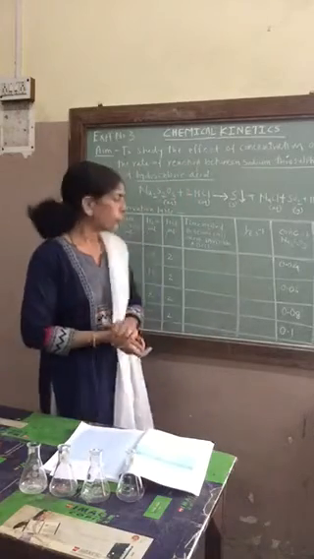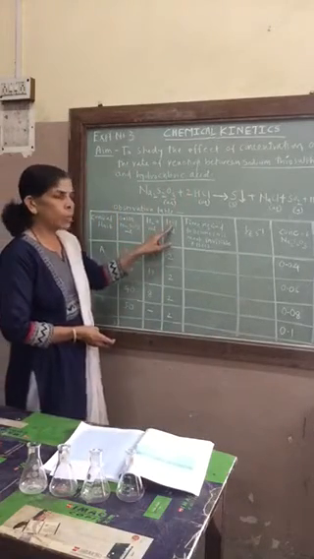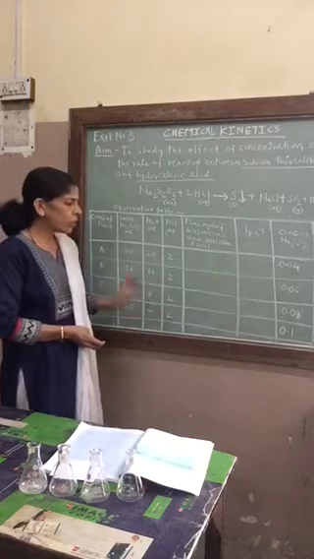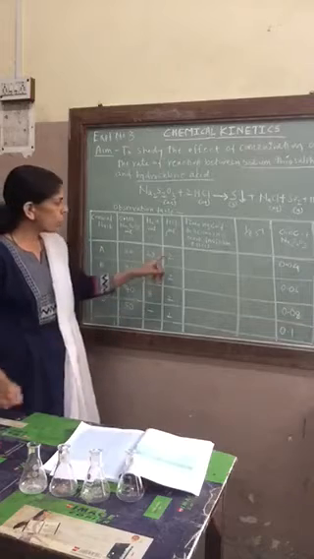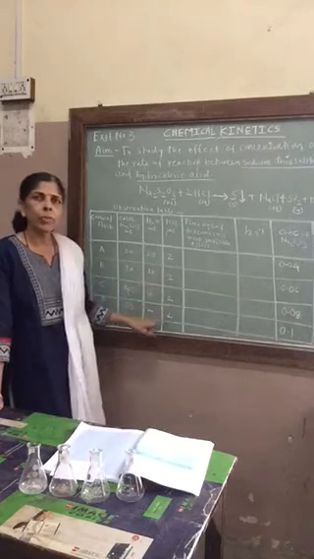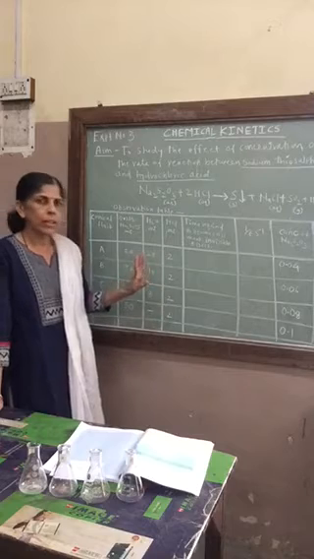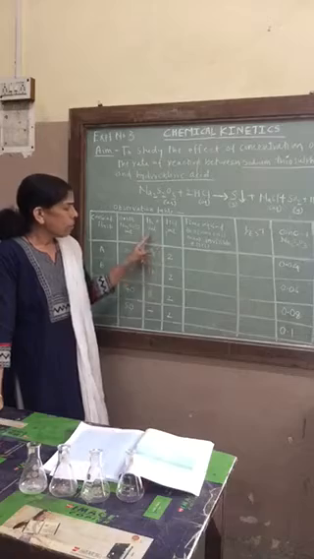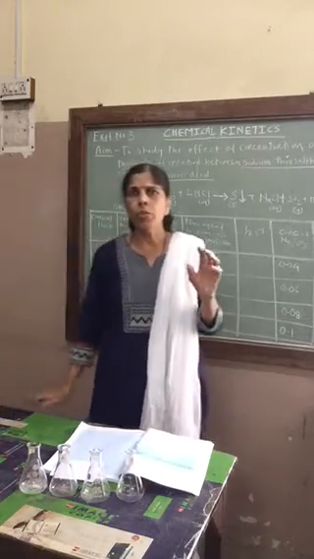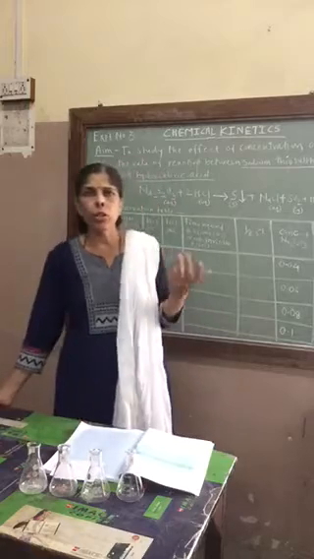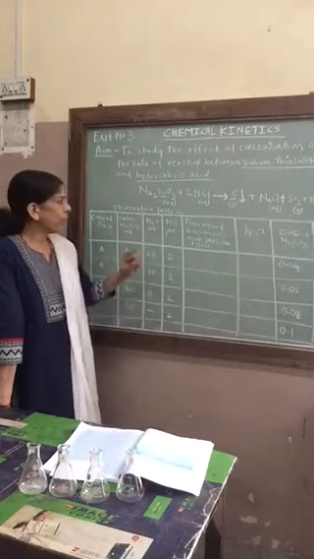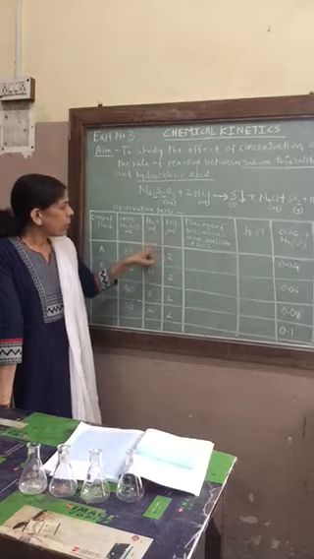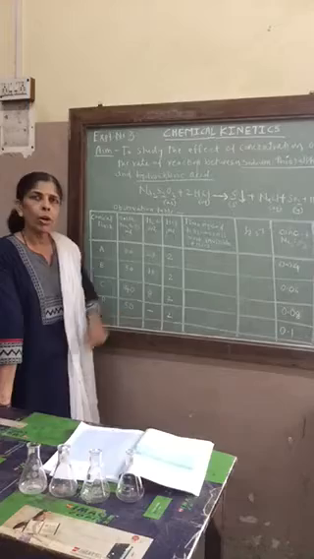Okay. After that, go to next column. HCl in ml. How much HCl is to be added in each conical flask? 2 ml. In each conical flask, you are going to add 2 ml of HCl. That is also given to you. Okay. So what you do? The burette which you are using for water, the same burette you fill with HCl which is given to you in beaker. Okay, and you can add from burette 2 ml of HCl.